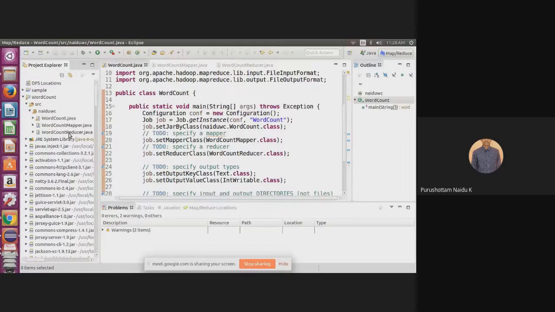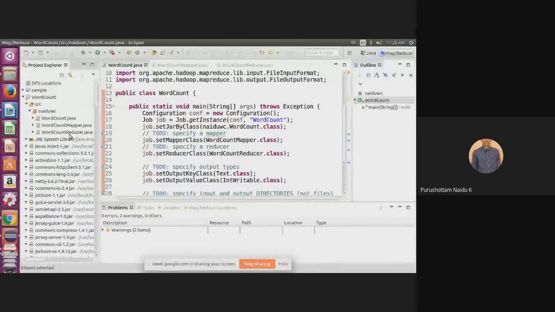Remember one thing: when we want to run a MapReduce program, it accepts the job as a jar file only, that means Java archive. You have to convert the entire set of Java files into a jar file, and then we run that jar file.